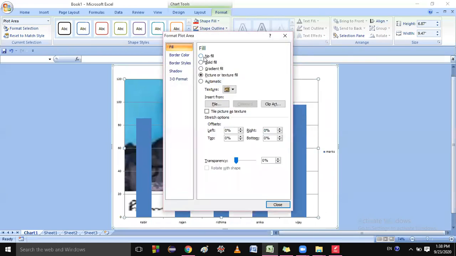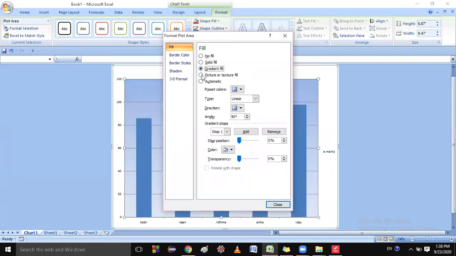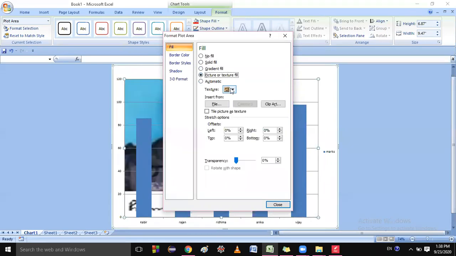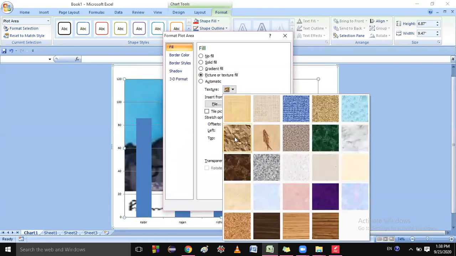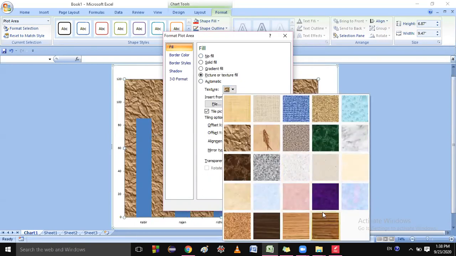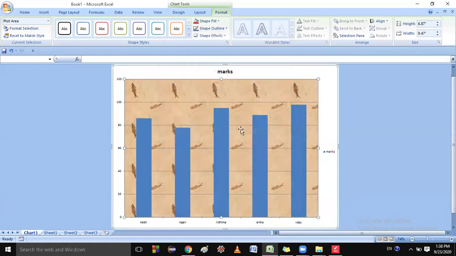You will get no fill, solid fill, gradient fill, picture or texture fill, automatic fill. So you can do everything. Suppose if I do texture fill, so I will get the texture like this one. Watch this. I think right now you understood how much you can do.